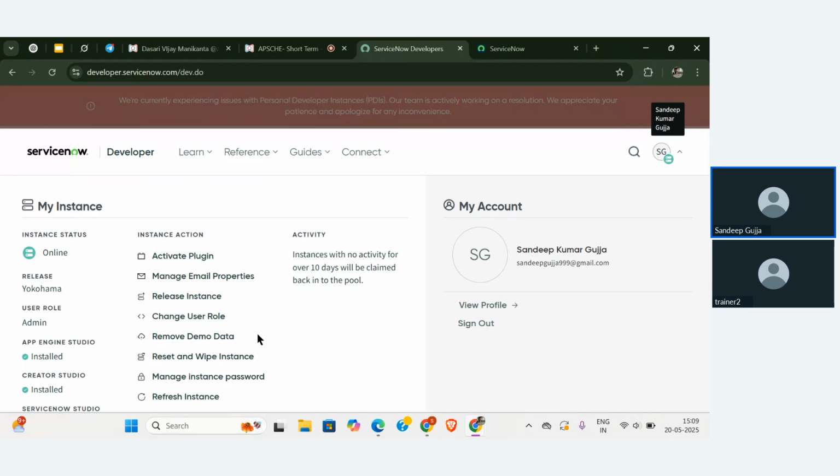The main use of upgrade instance is for the upgrades that you get in the frequent quarters. Now we are working on the current version called Yokohama, right? In that also we are going to get a lot of subversions. If you want to actively install those and use that particular instance, you can directly go to the upgrade instance and upgrade your instance there itself, but it will take a longer time to upgrade your instance. Is that clear?